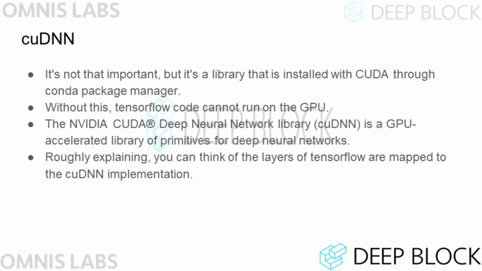In the previous slide, I mentioned cuDNN in addition to the CUDA toolkit. cuDNN is a neural network library implemented based on the CUDA library. We will learn about the term neural network in the next lecture. For now, you can think of cuDNN as a library that provides functions used to implement deep learning models. TensorFlow utilizes cuDNN functions to train and infer models using NVIDIA GPU devices. Therefore, this library must also be installed along with CUDA Toolkit.